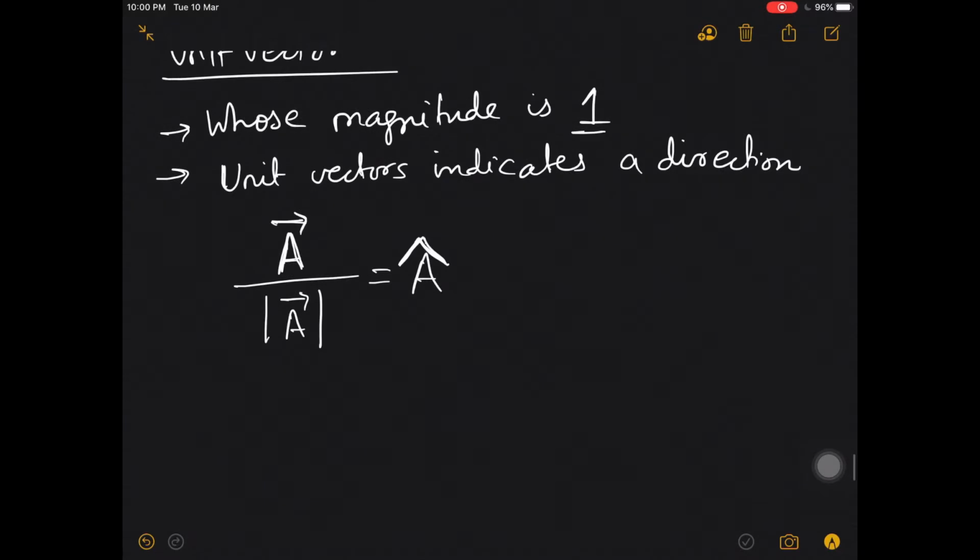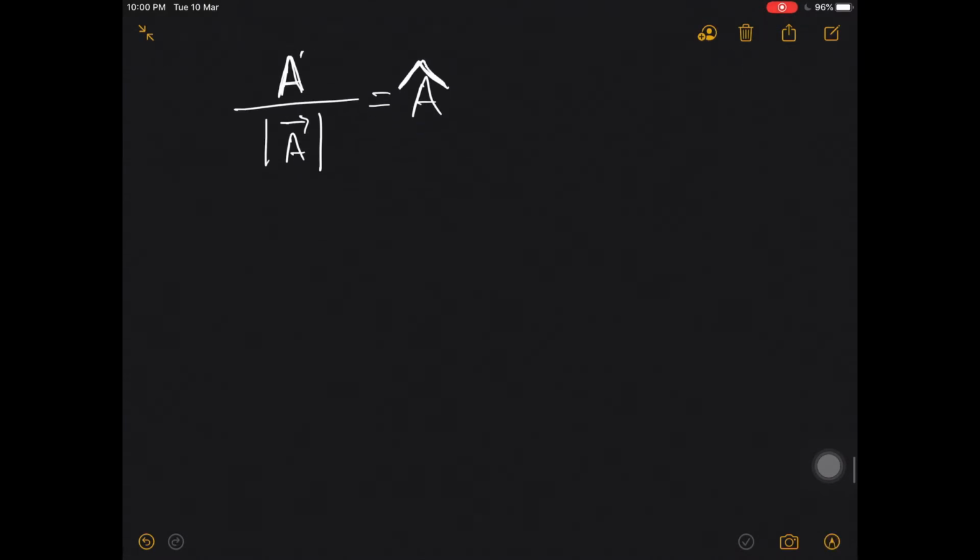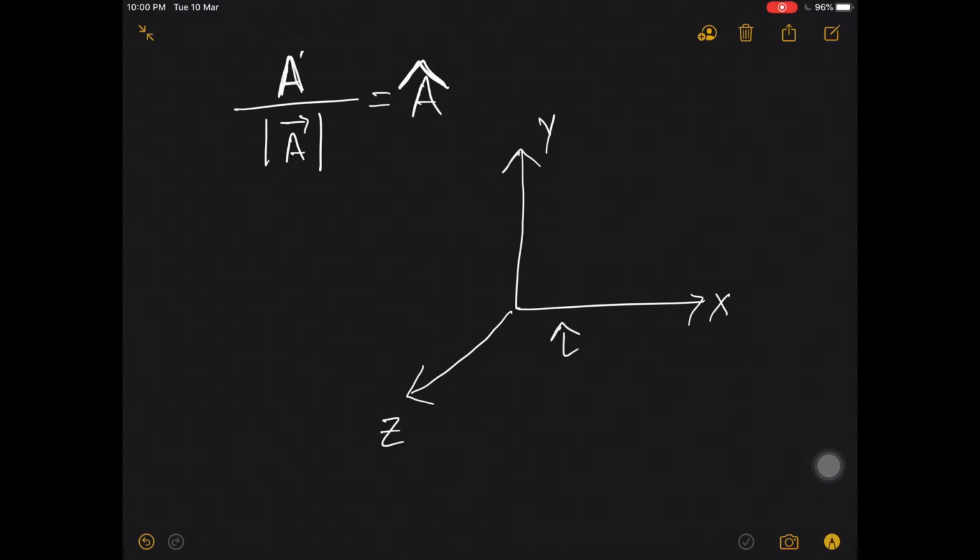For example, it is a common practice. Say I am drawing a 3 coordinate Cartesian system. This is my x-axis, this is my y-axis, and this is my z-axis. It is a common practice to indicate a unit vector in the direction of the x-axis as i cap, a unit vector in the direction of the y-axis as j cap, and a unit vector in the direction of the z-axis as k cap. So next time if I write a vector like this,